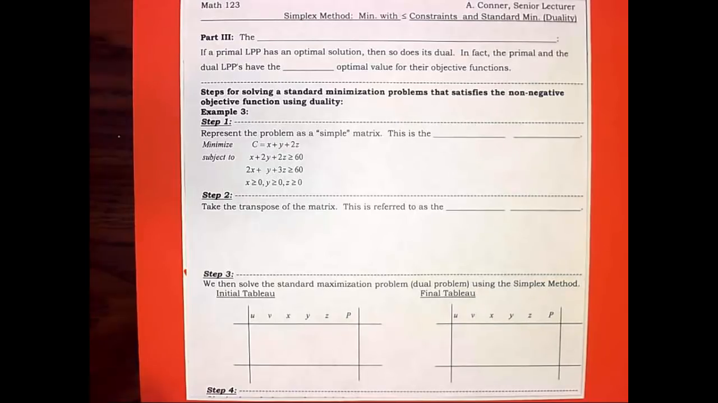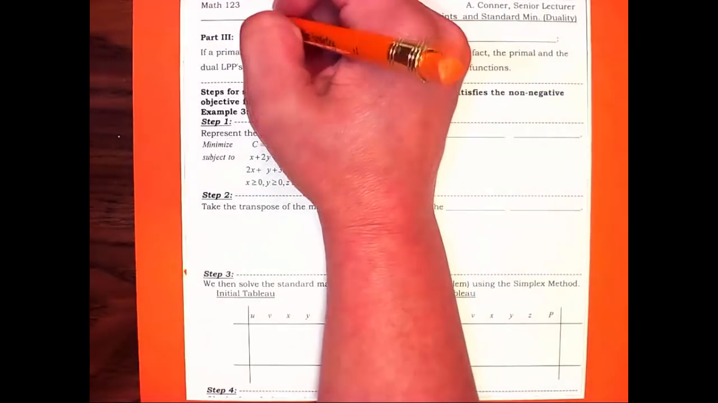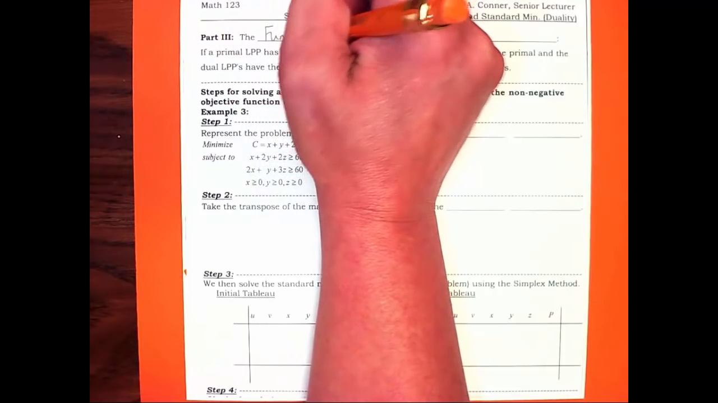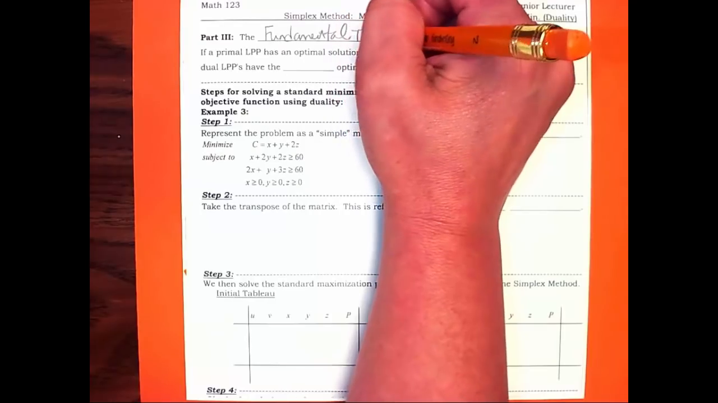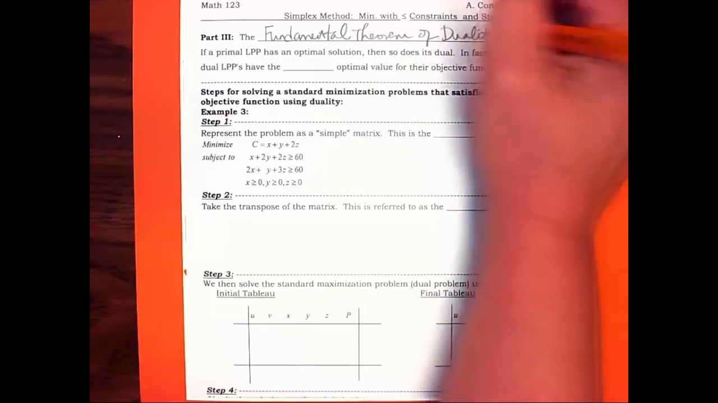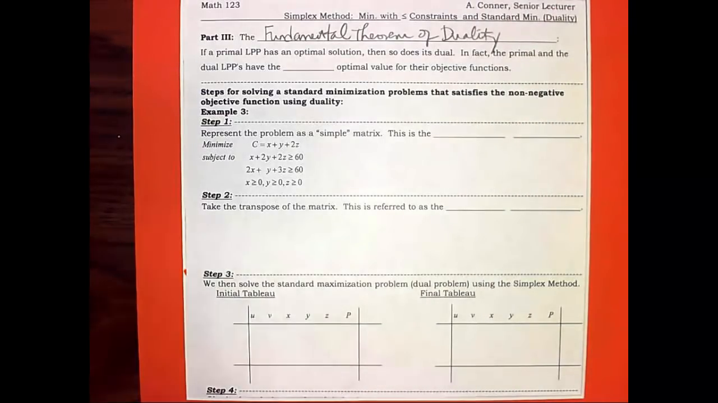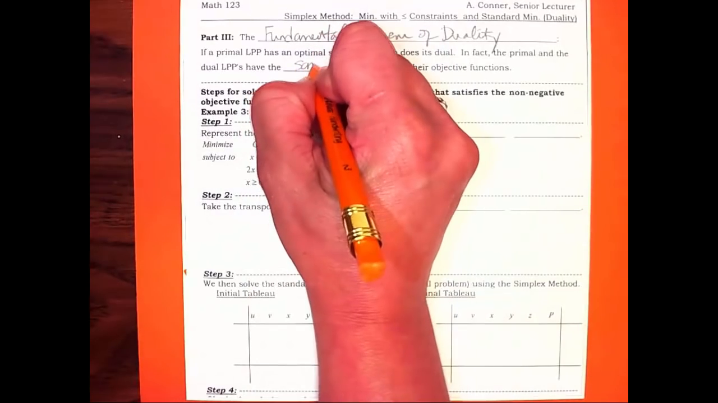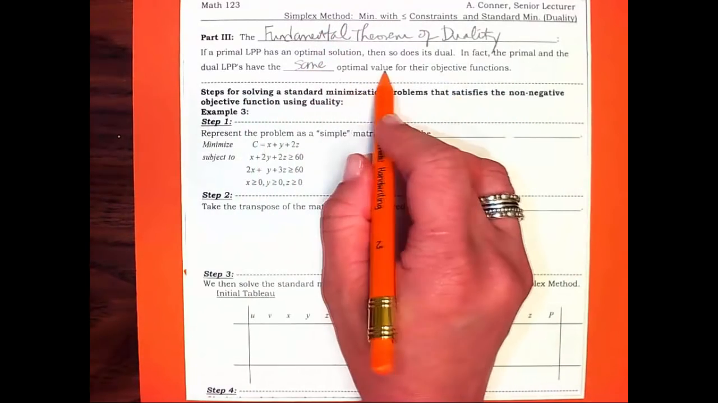Now we begin the process of solving with duality. So we're going to start with the fundamental theorem of duality. We call the original LPP the primal LPP, and then when we transpose, we call the other problem the dual problem. The primal and the dual LPPs have the same optimal value,